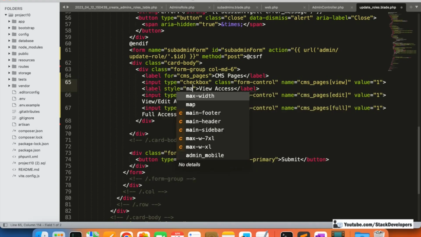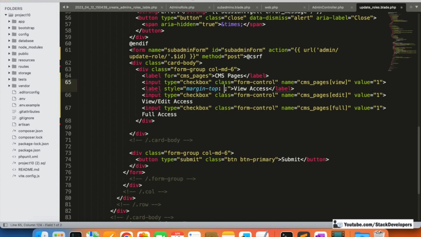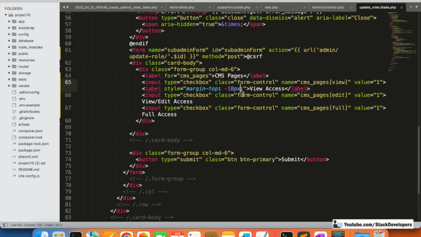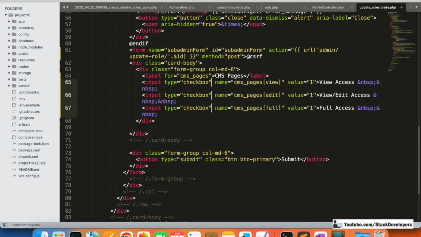Style, margin, top, minus 10 pixel. So actually it is not working, so I think it's better if we remove this form control from here. Okay, we can remove this class, and other than this we can add this NBSP after CMS Pages as well,